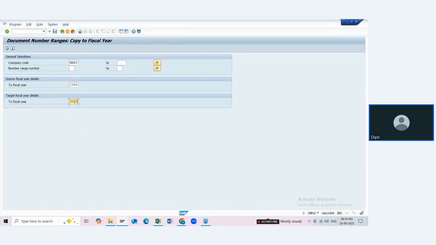But I have already done it yesterday for 2025. That is why I am showing you for 2023. You all have to create it for 2025 only, or 24. So you will do this copy to fiscal year step every year. I mean, if you have an April to March fiscal year, then on 29th, 30th or 31st March, before starting the new financial year, or in the last week of March, you will do this step, copy to fiscal year. So you will copy it from the earlier fiscal year to the current fiscal year like this. Okay. Now just click on execute.